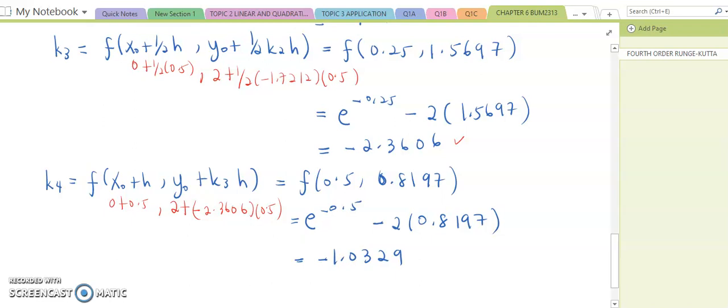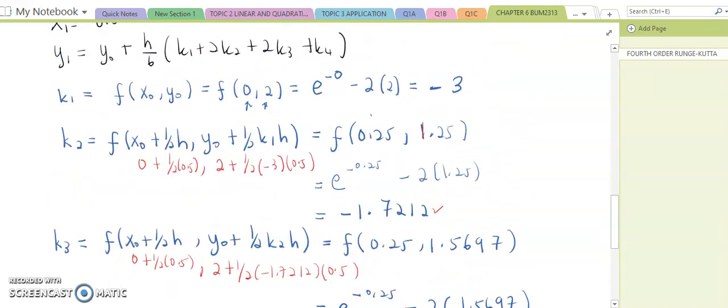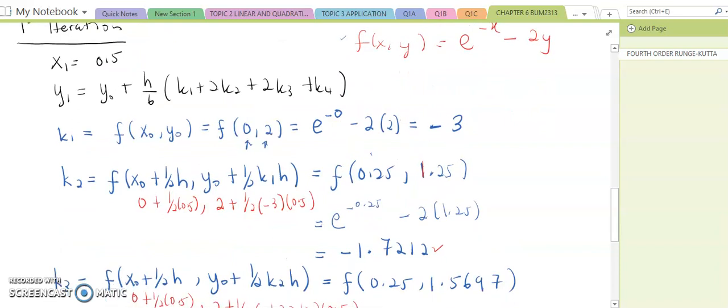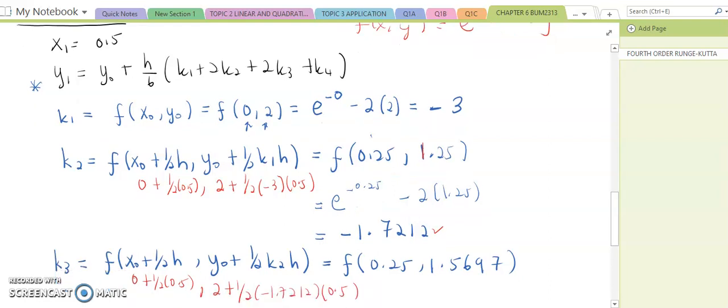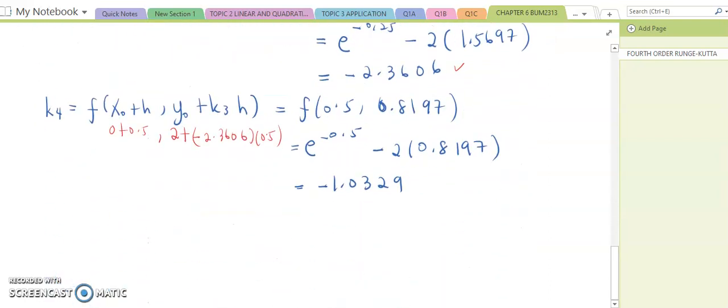Okay, since we already have our k values, we can find the y1 value. So y1 equals y0, where our y0 is 2, plus h over 6, 0.5 over 6, times